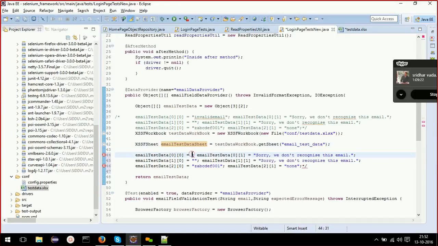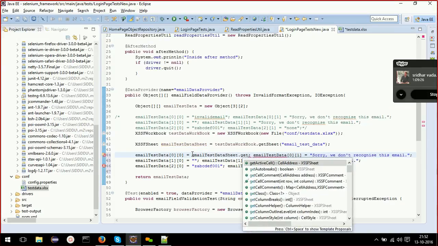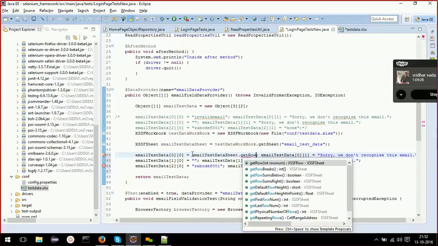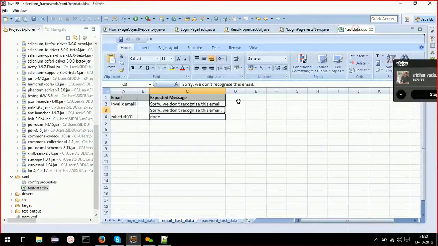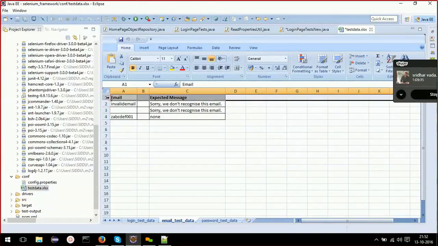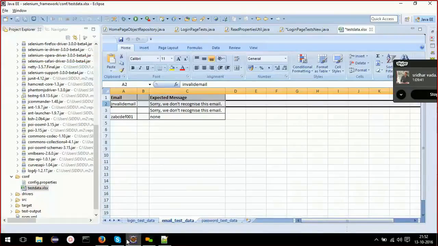Okay, dot get row, we need to pass the row number. So see, if we open the sheet, this is row number 0. We don't want this. This is row number 1. We want to read this data. So I'll do this, row 1,